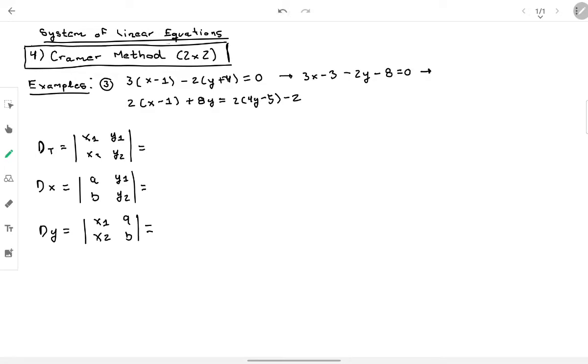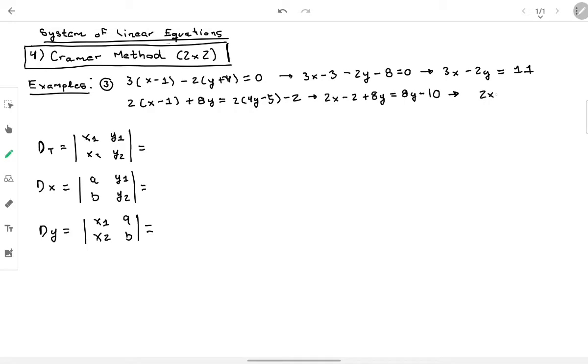It's going to be, on the next one, 3x minus 2y equals 11. And the second one, it's going to be 2x minus 2 plus 8y equals 8y minus 10. So it's going to be actually